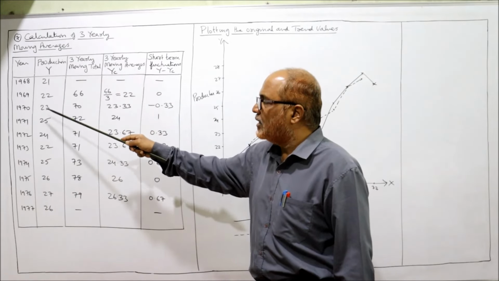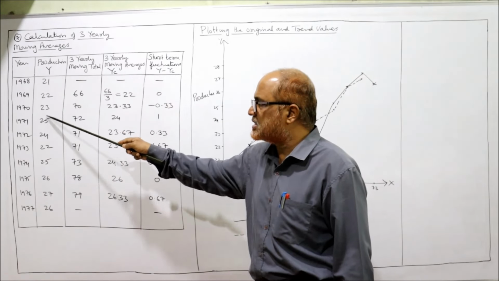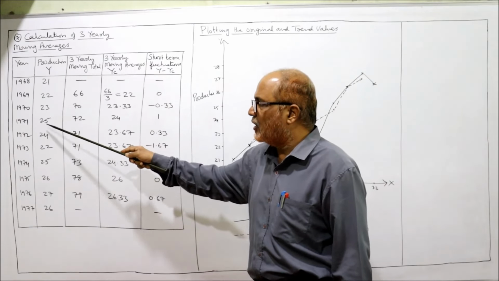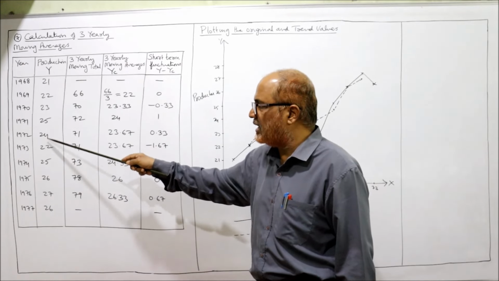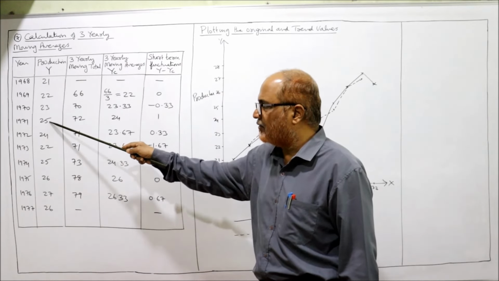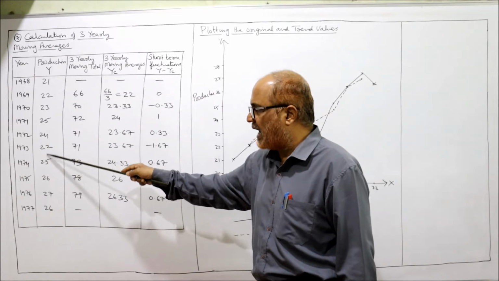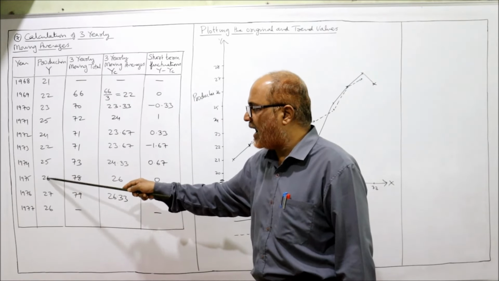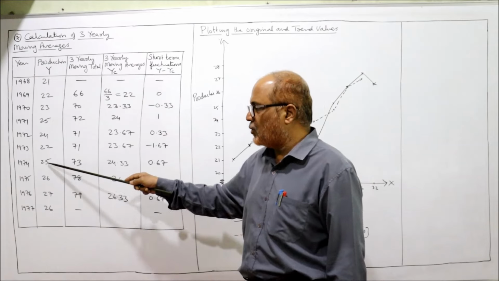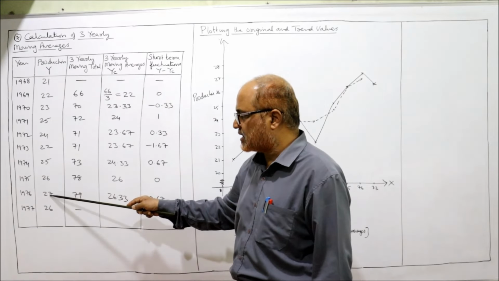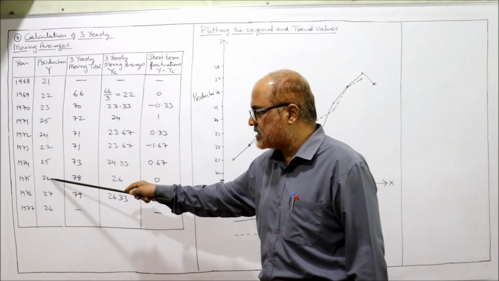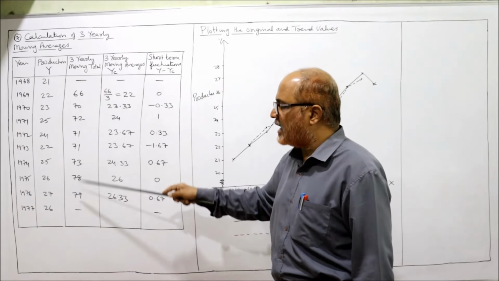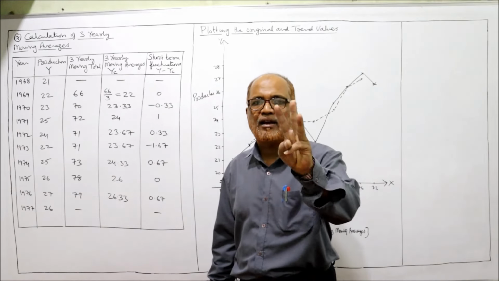Now leave this 22. Then 23 plus 25 plus 24. The total is 72. Write 72 here. Now leave this. Now 25 plus 24 plus 22, 71. Write 71. Leave 25. Then 24 plus 22 plus 25, again 71. Leave this 24. 22 plus 25 plus 26, add up these 3 values, you will get 73. Then 25 plus 26 plus 27, 78. Last, 26 plus 27 plus 26, 79. The first year and the last year data will be lost if we calculate the 3 yearly